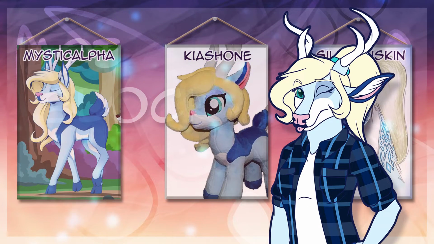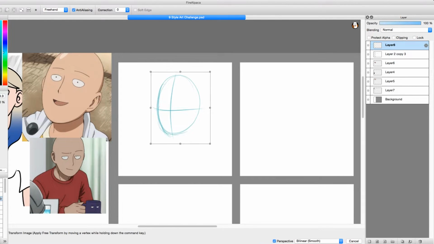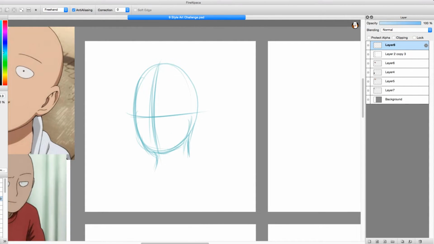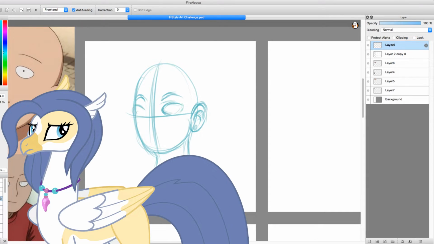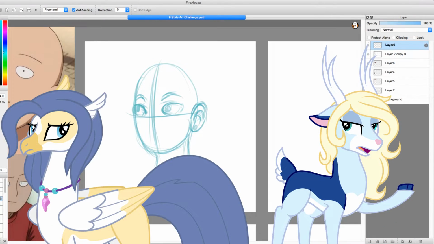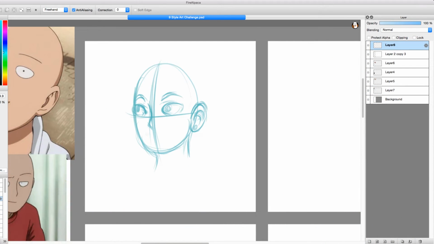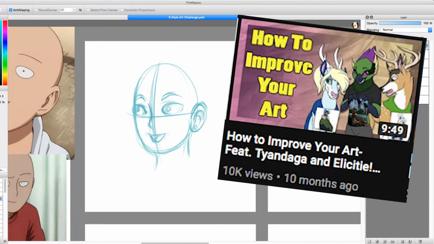Now then, let's jump into it. One of the biggest and probably most discussed topics in the art world is the topic of art style. You'll see it being talked about everywhere, from people complaining about the CalArts art style and how all modern Western shows use a similar style, to simply admiring others' works. In the past, me and my colleagues have discussed how it's important not to root oneself in a certain style, and this is still true.